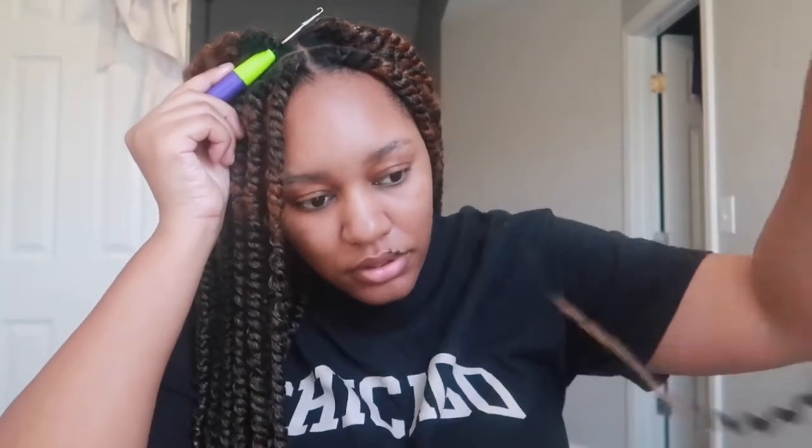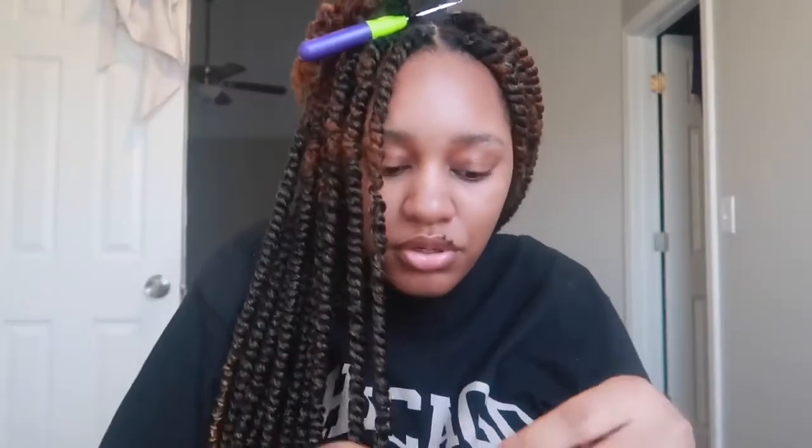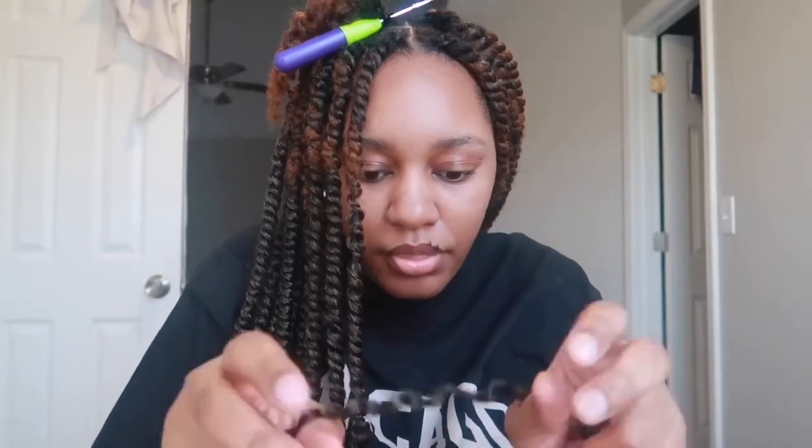So I took the crochet hook, I put it through my hair, through the rubber band, like this, like so. Sometimes I was catching on to other twists, but okay, let me show you for the purpose of this video. I'm just going to slow it down a little bit. So I take the hair, the twist, pull it apart, and try to make sure not to get it too tangled up, because on the other two that I showed, that I told you that I messed up on, that was my frustration, that was my dilemma. It actually didn't